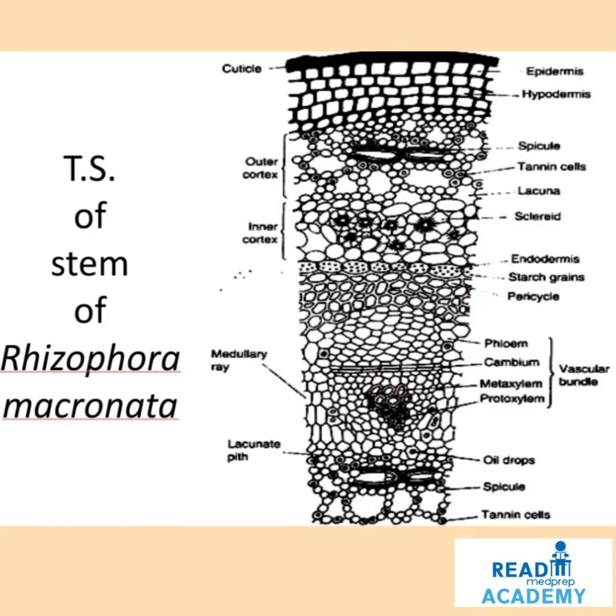you can see the transverse section of stem of Rhizophora mucronata, where it has an epidermis, the hypodermis, and in the cortex it has an outer cortex and the inner cortex which has spicules, tannin cells, lacunae and sclereids, and inside is the endodermis which contains a large number of starch granules, and below that is the pericycle, and you have the vascular bundle with the phloem, cambium, the metaxylem and the protoxylem, and the oil containing cells and the spicules